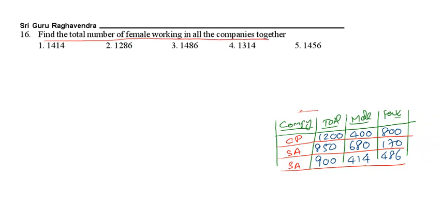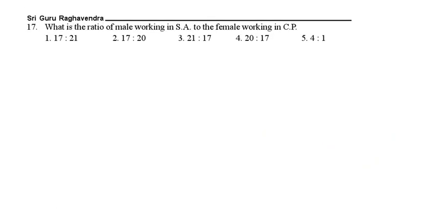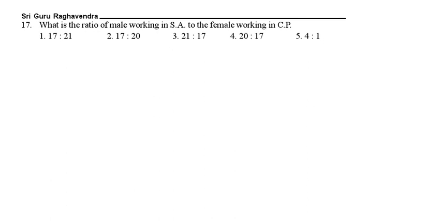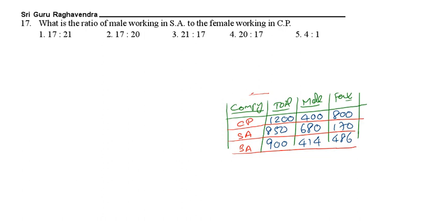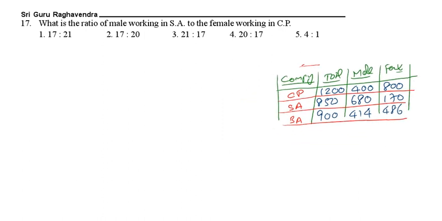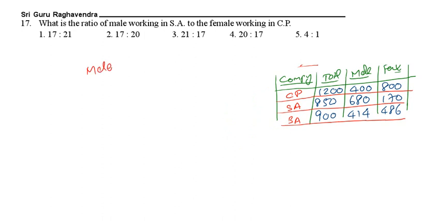Root of 1444. This one. Root of 1444 is 38 plus 25 into 28. So 25 into 28 minus 25% of x, that means x by 4, is equal to 20%, 1 by 5 of 190. See this one, 25 into 28, 25 into 8 is 200, 25 into 20 is 500, that is 700. 700 plus 38 is 738. 738 minus x by 4 is equal to 38. So x by 4 is equal to 700. X is equal to 2800.